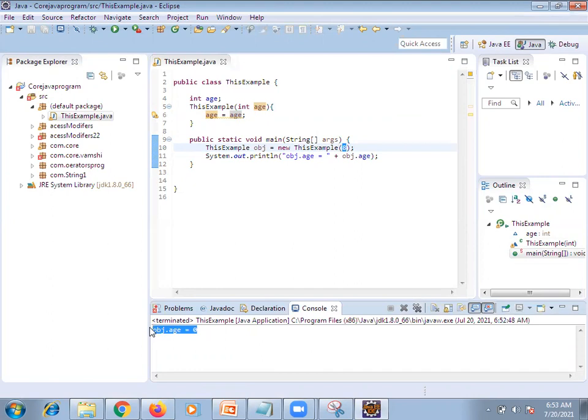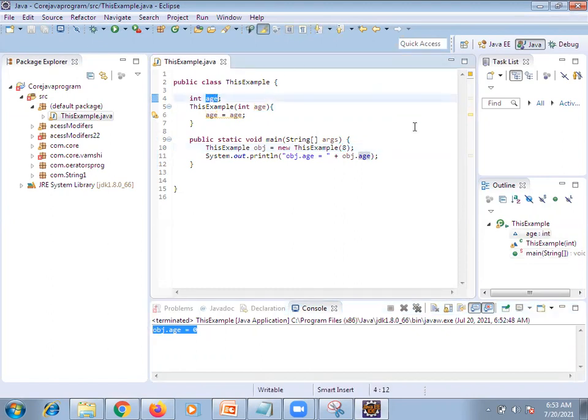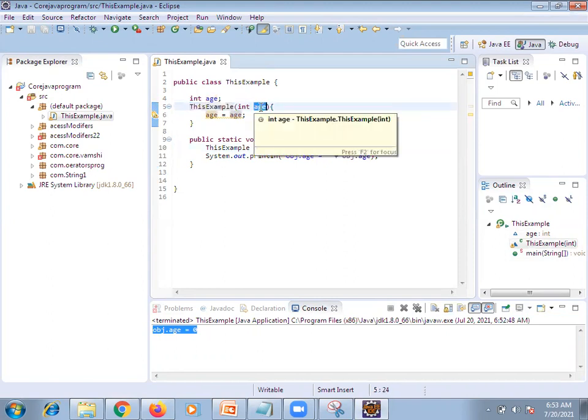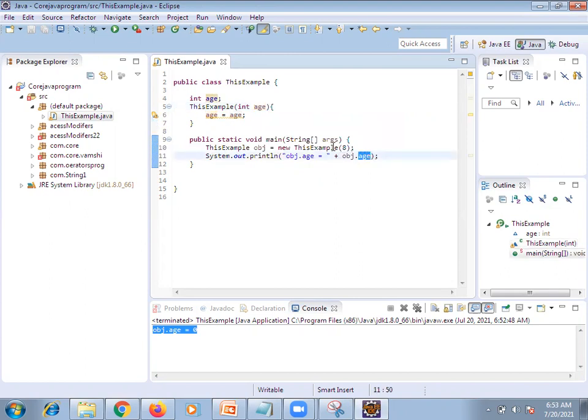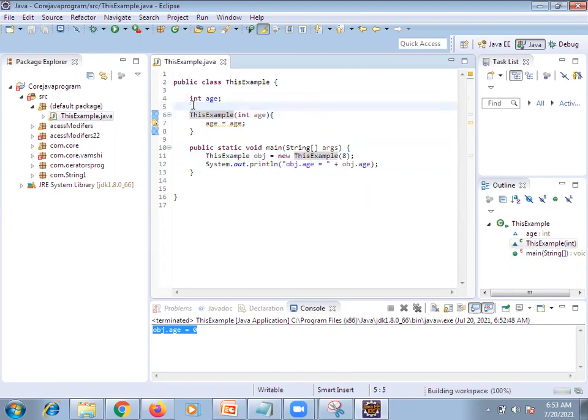Why? Integer age is what you are trying to define. Now integer age always contains 0, but here you are passing the value, right? This start integer here is the age reference. Getting what I'm saying? See, first, what will happen if you pass here? Now you are passing this start example. This is a parameterized constructor. What value are you passing?